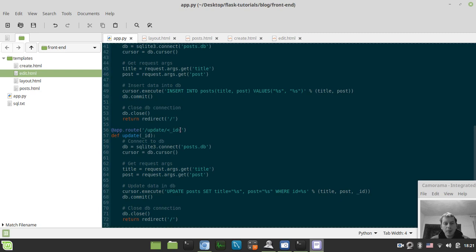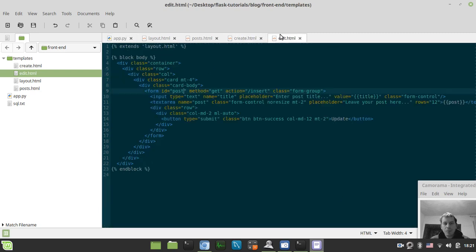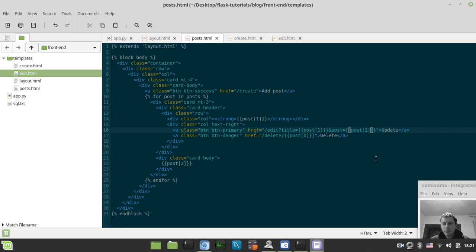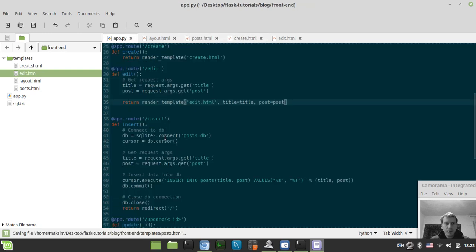Okay, so we also need to pass the ID. Let's add the ID, and ID equals post first element, and also